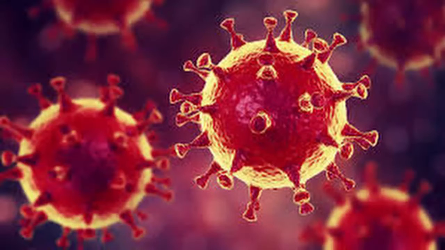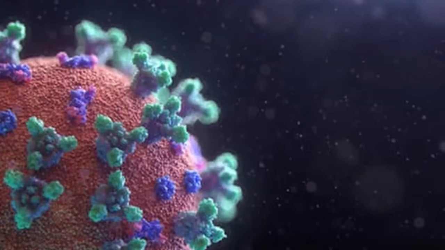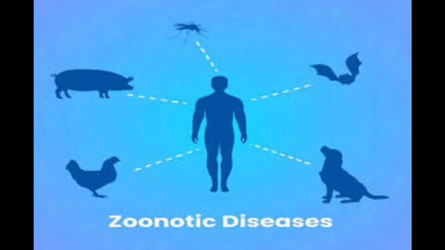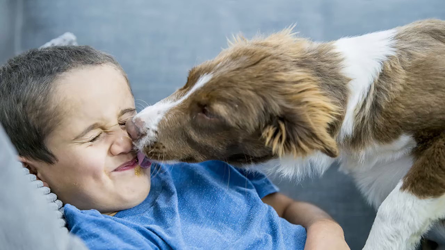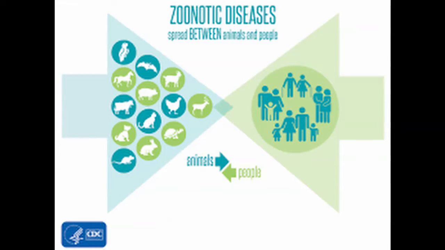How is COVID-19 different? SARS, Severe Acute Respiratory Syndrome, MERS, Middle East Respiratory Syndrome, and now COVID-19, Coronavirus Disease 2019, are zoonotic coronaviruses. These are viruses that have jumped the species barrier from their normal animal hosts to humans. This can happen through direct contact with an infected animal, as well as indirect contact or eating contaminated food. Zoonotic diseases are also very common, and once transmitted to humans, they can spread through person-to-person contact as well.